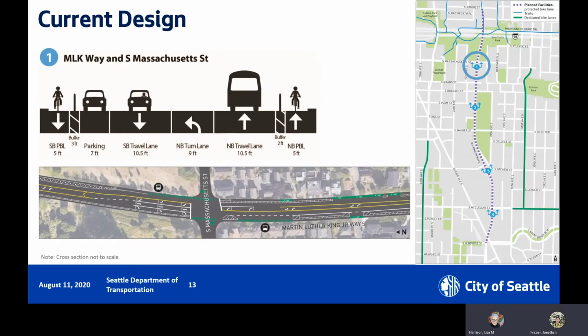Now we will show how this design would look at 4 points along the corridor. During the Q&A after the presentation, we can have these available on the screen if you have specific questions. The first point is at MLK and South Massachusetts Street, location 1 on the map near Sam Smith Park and the I-90 lid. This is where the street has a neighborhood feel and directly serves people's homes and has already